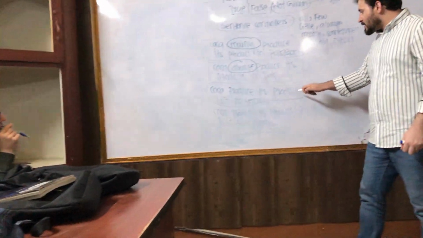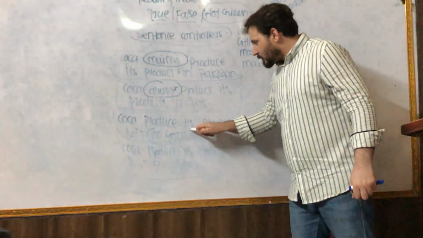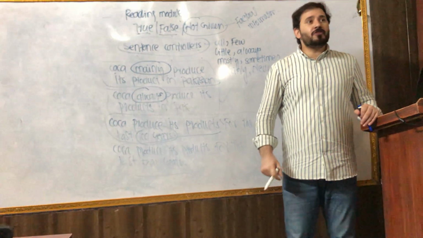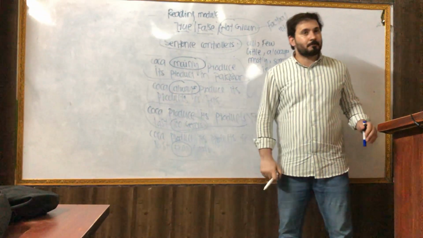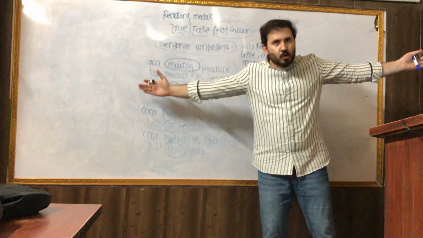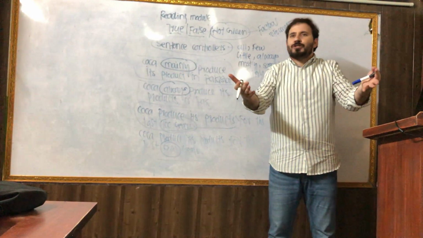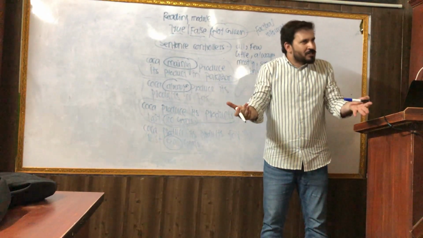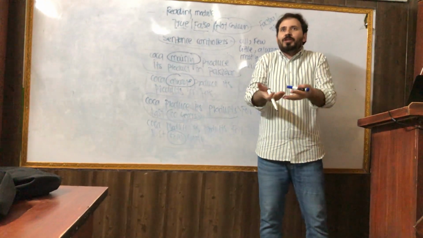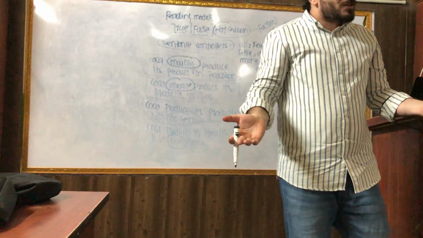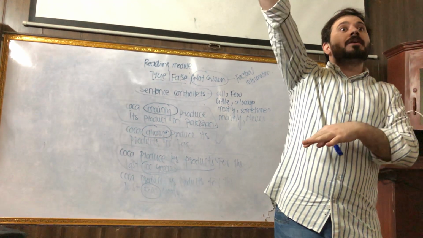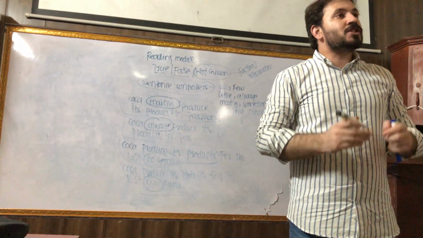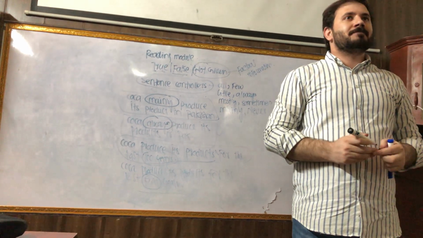Why? Because they have used what? Coca-Cola produced its products for the last 100 years. So I have used a sentence controller. In place of 100 years, I have used few years. Now look, 100 years is too much. How many could be few years? It could be 10 years, 15 years, at least 20 years. It cannot be more than 20 years. Am I right? So that's the opposite meaning. There's a big difference between 10 years and 100 years, so we can say it's false.